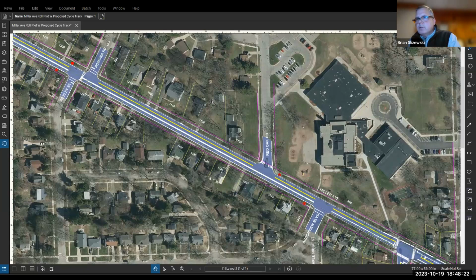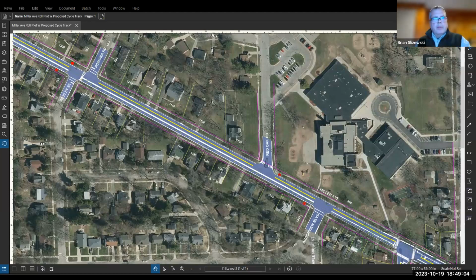Cynthia, did you hear me on that? Do you know? No, I'm sorry. Can you repeat that? The Newport intersection, was there a traffic signal warrant study done for that intersection? That intersection has been studied several times over the years for signal warrant analyses and whether a traffic signal is warranted there, and a traffic signal is not warranted there. And so that is not something that we are pursuing at this point in time.